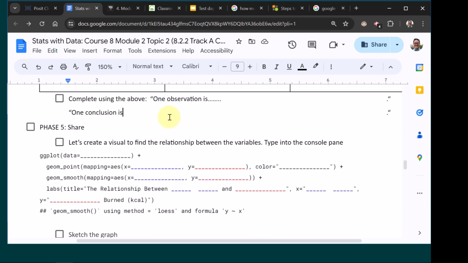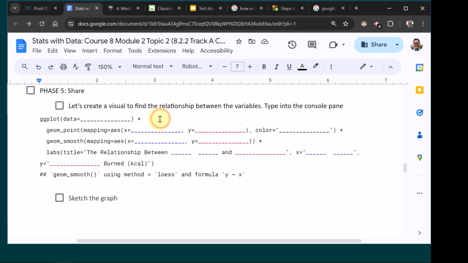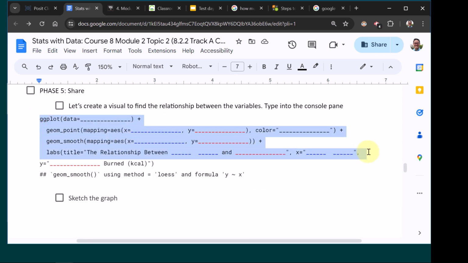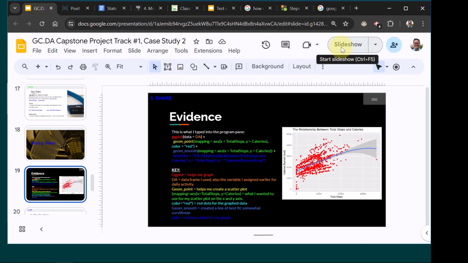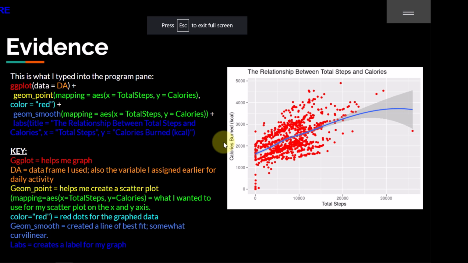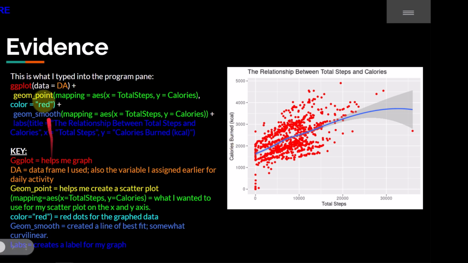Phase 5, let's go ahead and create a visual. I'm going to show you guys just mine color-coded, and then you can just fill it out, and I'll explain to you guys what each of those are. Okay, so I want you to circle the word ggplot.